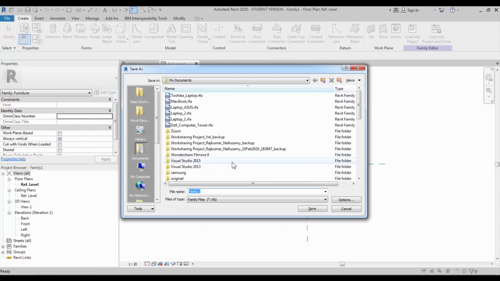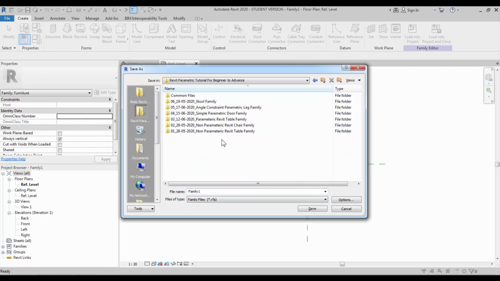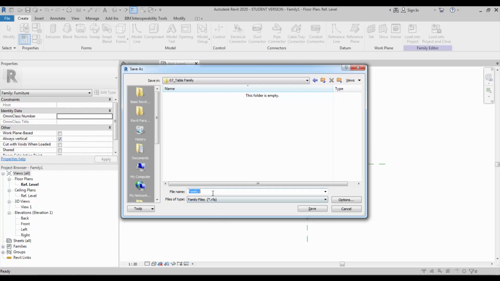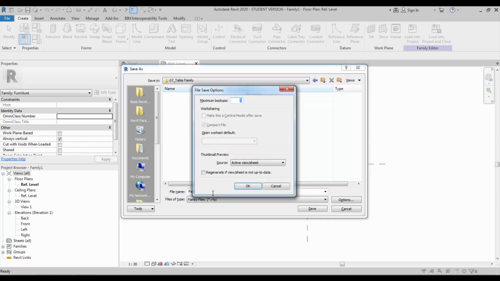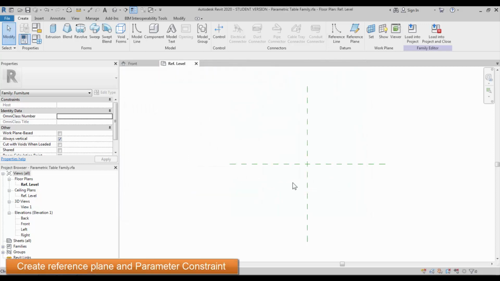Save the family to the appropriate location and change the backup file. Set the backup file as 1, select OK and save it.